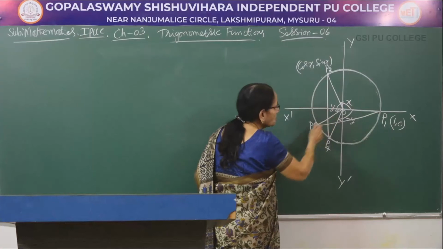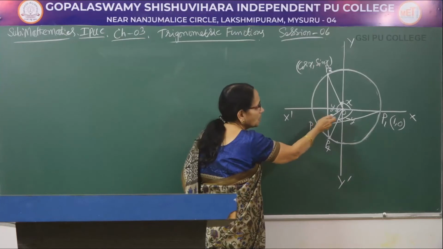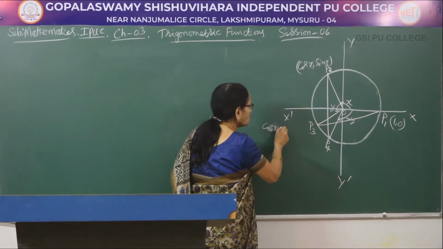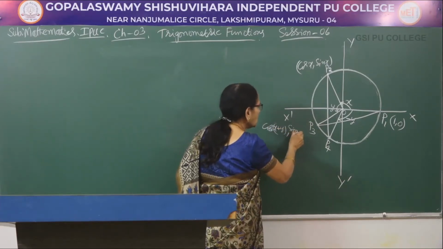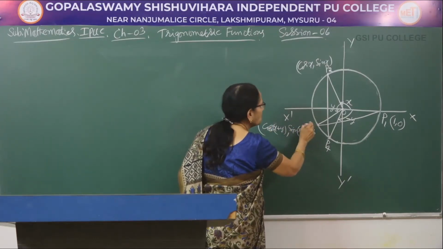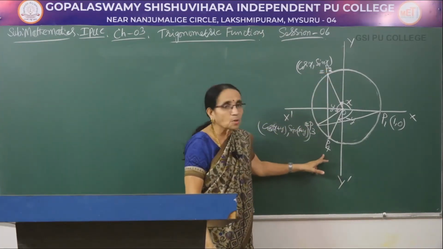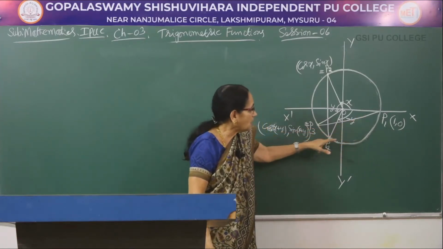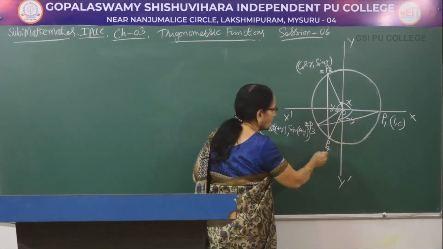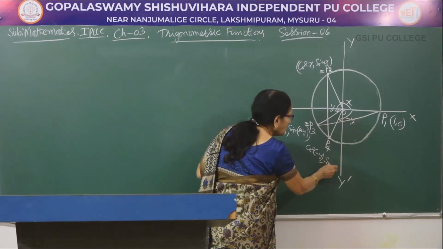So, the coordinates of the point P2 are cos x and sin x. Then come to this one. This angle, as I just told you, is x plus y. So, the angle made by this with the x-axis is x plus y, which means you can write it as cos of x plus y, sin of x plus y. These are the coordinates of the point P3. Finally, come to the point P4. Look here, we have taken the angle minus y, isn't it? So, it has made an angle minus y with the x-axis. Therefore, it is cos of minus y and sin of minus y.